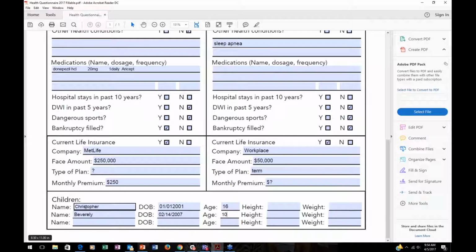Primary purpose here, though, of having the child information is that we can look at adding a rider for child insurance to one of the policies of the parent, just to have insurance for the kids without getting into a true insurance policy standalone. That again, we'll discuss when we get into our face-to-face and find out in our discovery